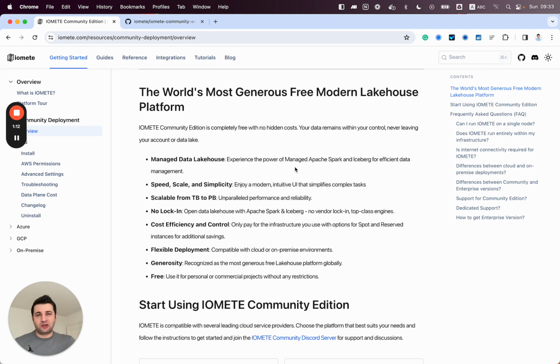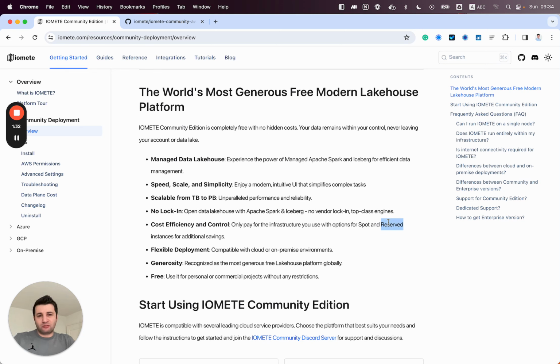You only pay for the AWS resources that you use. And there is an additional benefit that you can use spot instances, which are 3 to 4 times cheaper than on-demand instances. And there are also reserved instances.